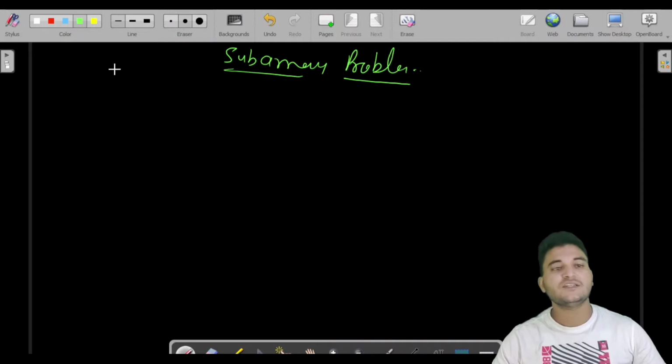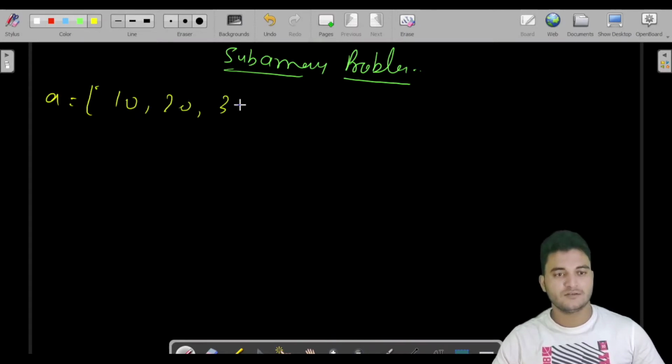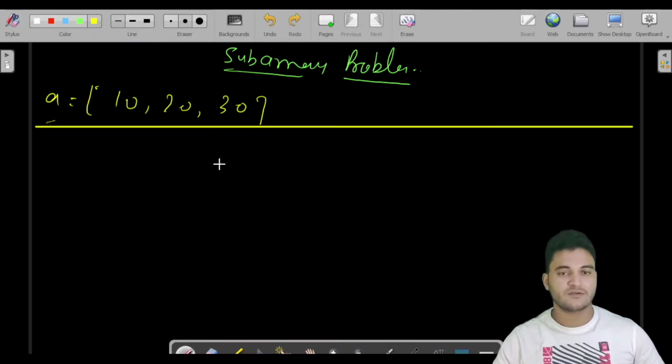As the name suggests, let us say we have been provided with an array 10, 20, 30. Then we have to generate all the subarrays of this particular array. So what would be all the subarrays? Start from 10 till 10, start from 10 till 20: 10, 20.